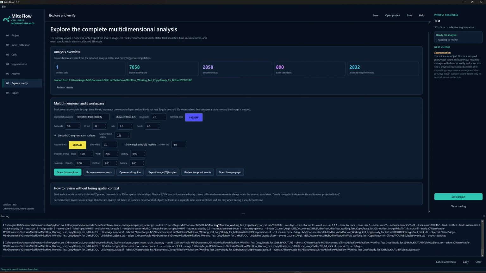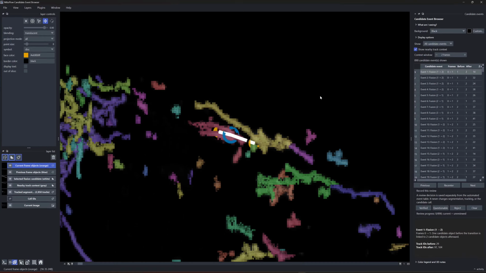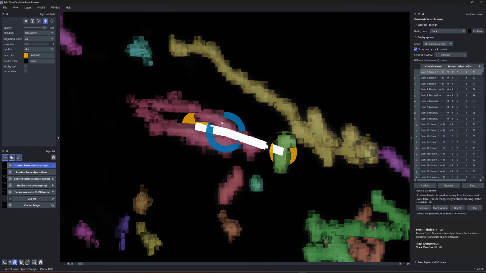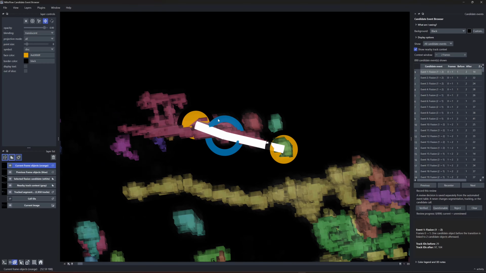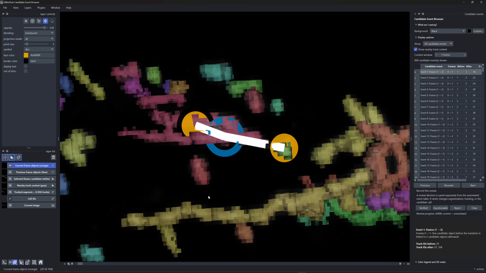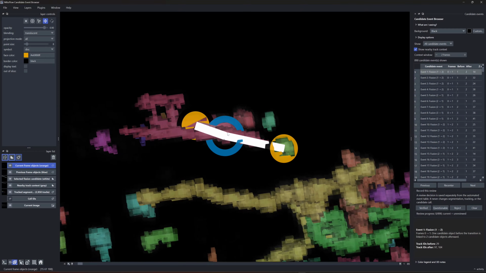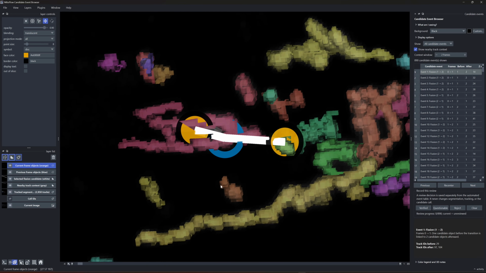Let's go over to the review temporal event. And this is where things get really, really interesting. And you can visually verify the fission-fusion events. Okay, so a couple of things to say over here. The middle, the bluish looking circle is the event area. So that is the area, or volume, within which the event is occurring. The surrounding spheres that are in this orange yellow color, those are the mitochondria that are either undergoing fission or